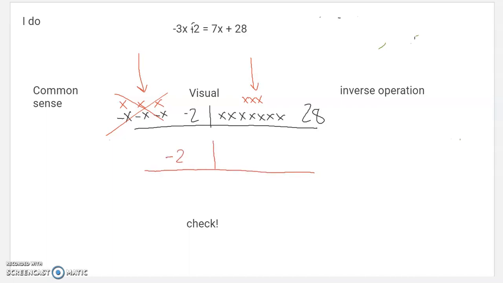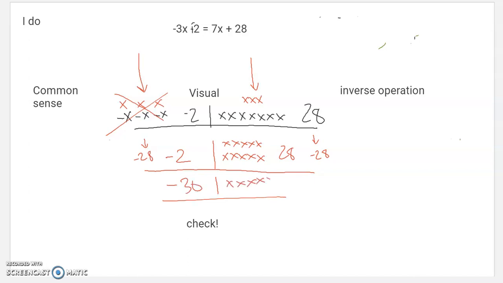There's going to be 10 total of these now. 1, 2, 3, 4, 5, 6, 7, 8, 9, 10, and a 28. And now I'm back in familiar territory where I know how to solve this. Same thing, now I've got to deal with the 28. I'll put negative 28 on that side, put negative 28 on that side, and now I've got negative 30 here,